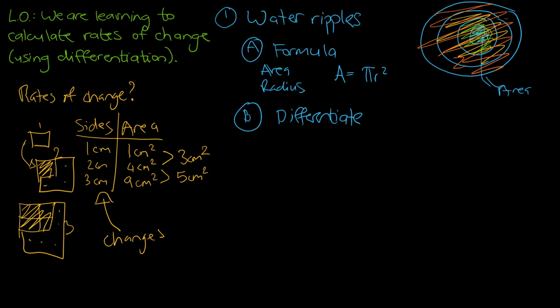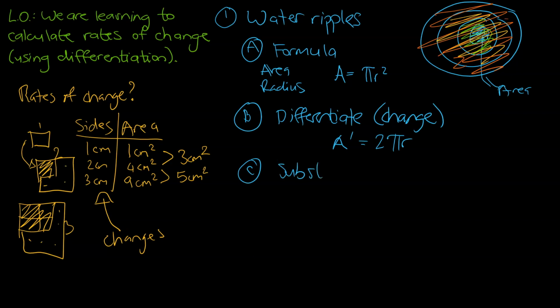Just a reminder, the derivative or differentiation tells us about the change. That's why it's really important to find when it changes or how much it changes at a particular point. We need to have our derivative, which is an expression for the rate of change. So let's differentiate this. A dash is going to be equal to 2 pi r. And then step C at the end, we need to